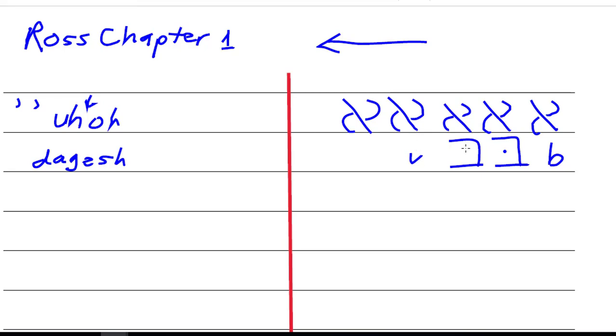When you transliterate the Bet without the dot, you're actually going to write it as a B with a line underneath. So I'll rewrite that here, a B with the line underneath. All right, so